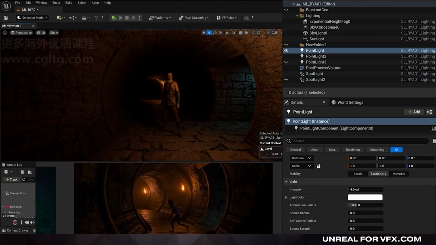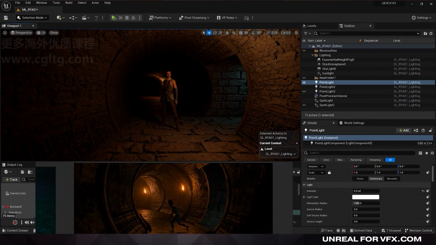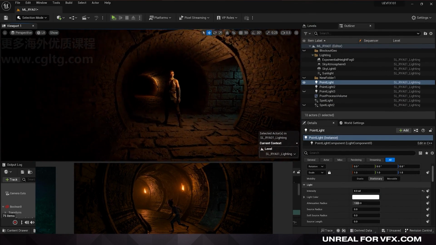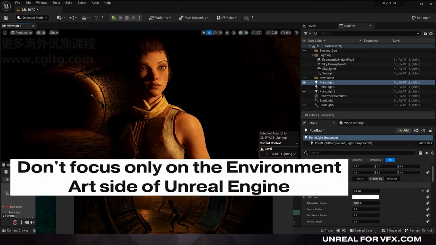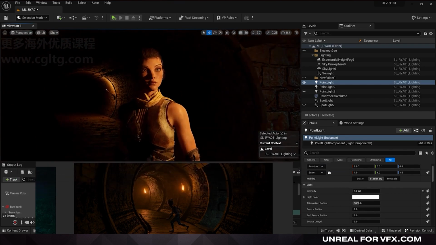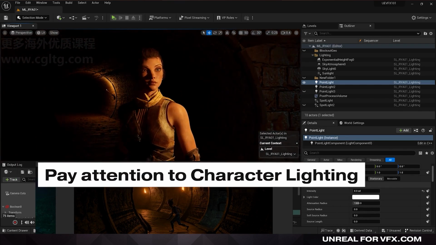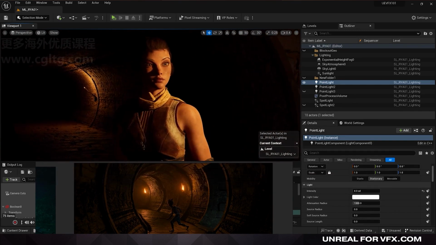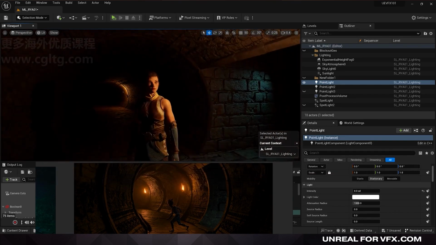All right, so one change that I want to keep is having our Echo character facing us, so we can have a little bit more practice lighting up a character. I think a lot of people end up focusing on the environment art side of Unreal, but in any movie, most of the shots are mediums and close-ups, something like this. So it's a really good practice to throw in one or two lights and see how we can light